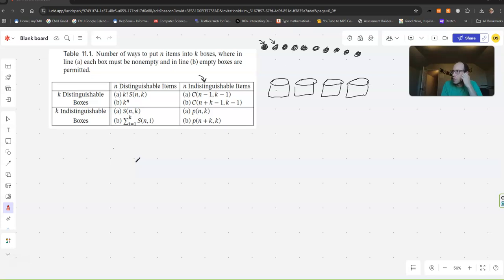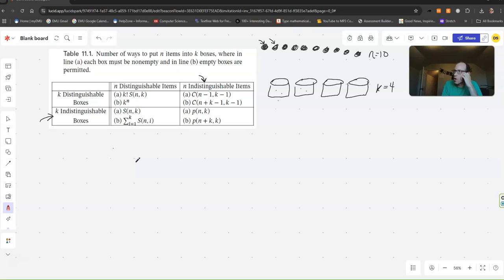So if you put two balls in the one on the left and one in the second one, that would be the same as one here in this box and two here. At this point, there's nothing distinguishing the boxes. So we would be right here. And so then the only question would be, we have these 10 items. So n equals 10,